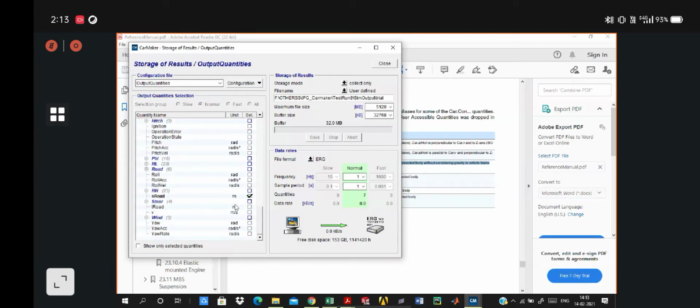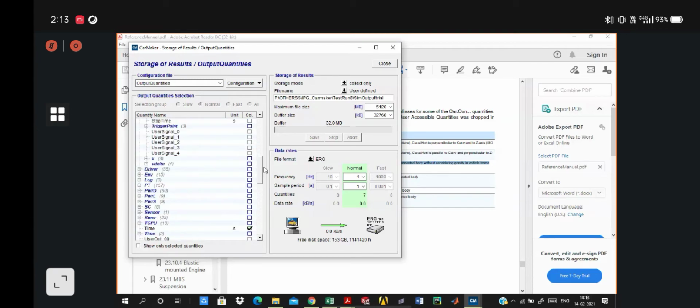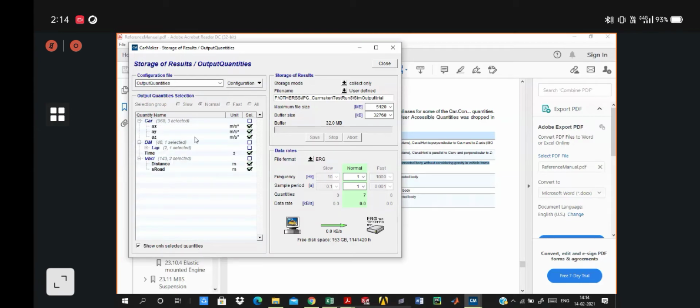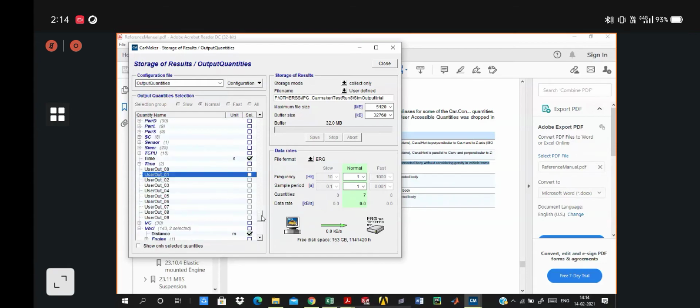So after you select all these quantities and you want to see only what quantities you have selected, you can select the show only selected quantities here, and it will show you all the selected quantities that you have, and it will help you if you have missed any output quantity that you want to see. So you can again deselect it and go back to the overall quantities, and you can select whatever you have missed.